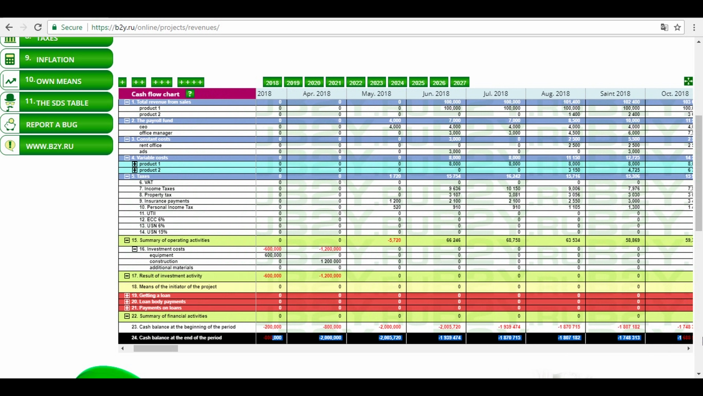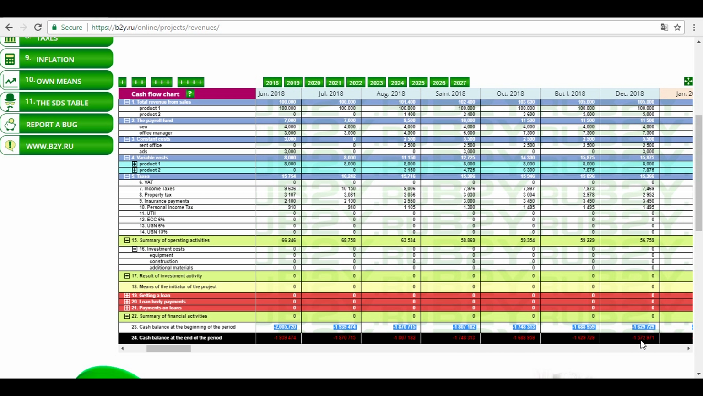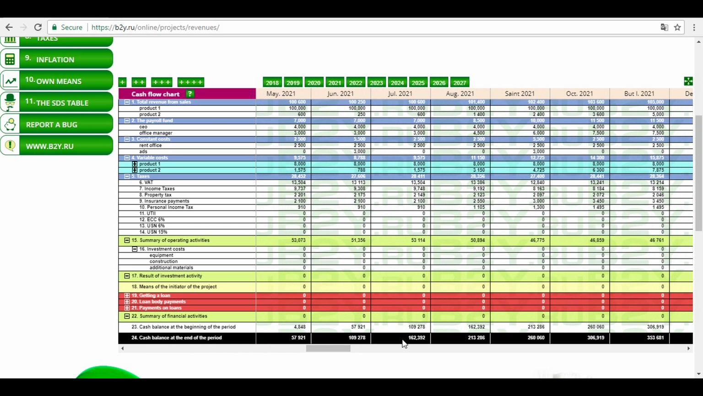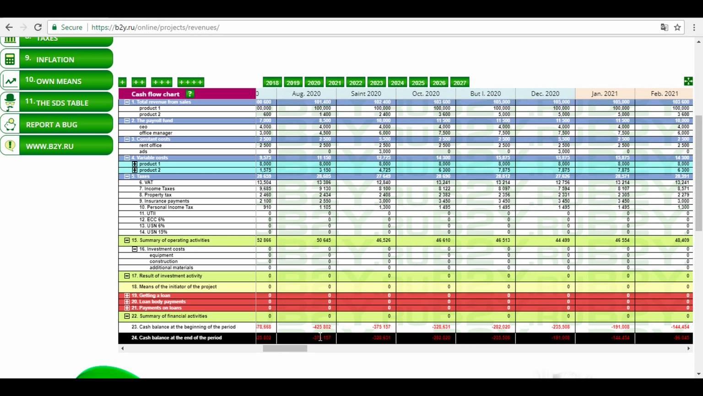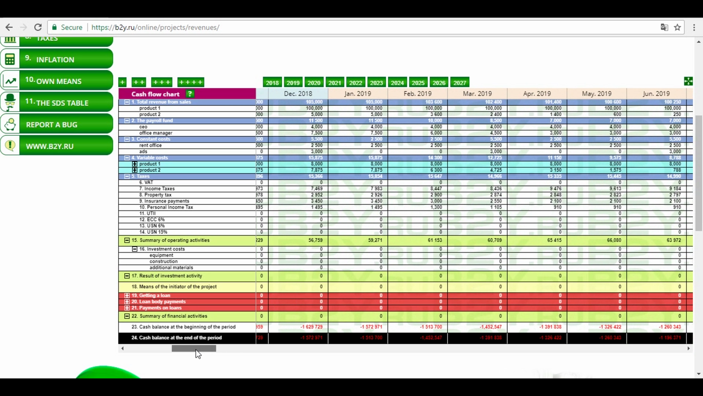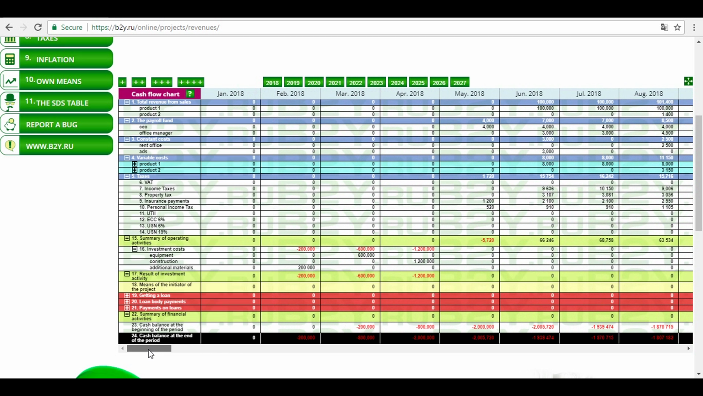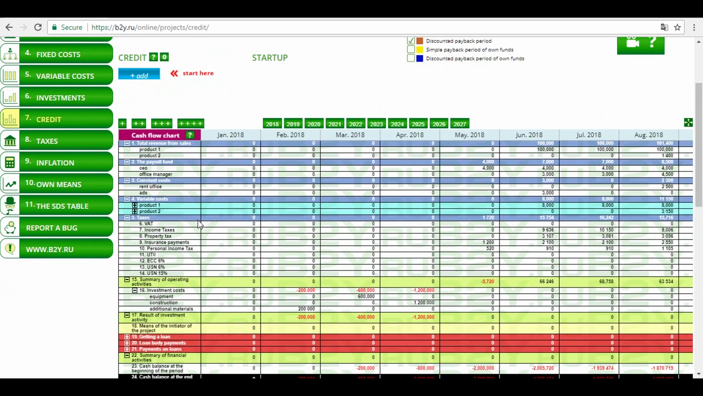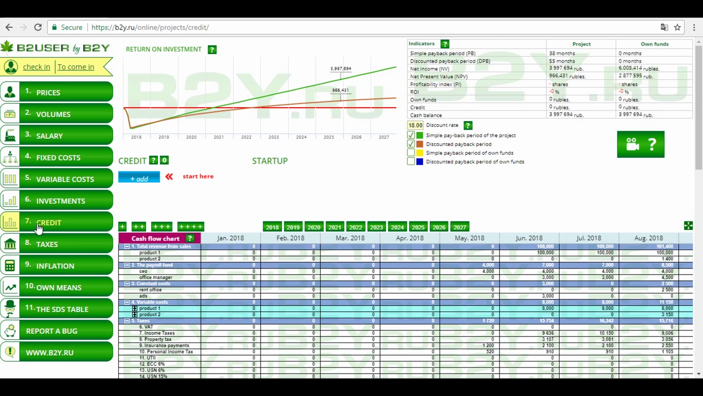It is red, and we need to correct it, for example, to avoid it. Here is positive cash flow, and here we have negative. For example, we want to add a loan to help us avoid negative cash balance. For example, we will get a $1 million loan, and we go to the loan button, number 7, use the add button,